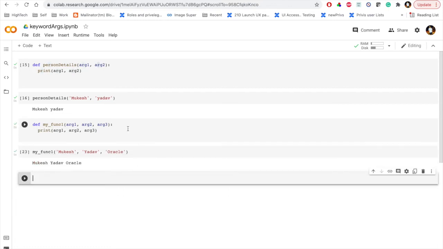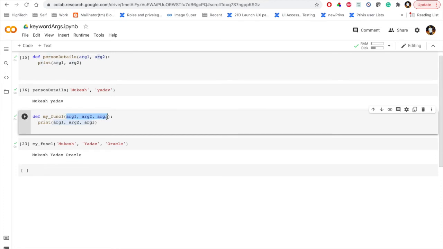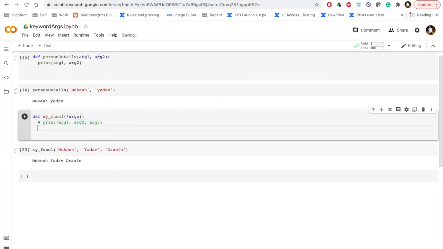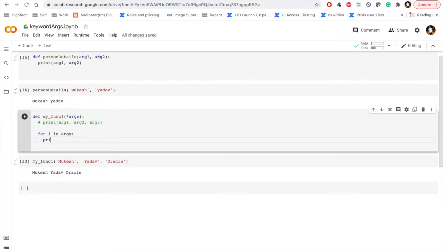But instead of that, instead of defining the arguments, here you can do star args. Instead of the print statement, let me comment this, and you can do a for loop, for i in args, and just print the argument list.